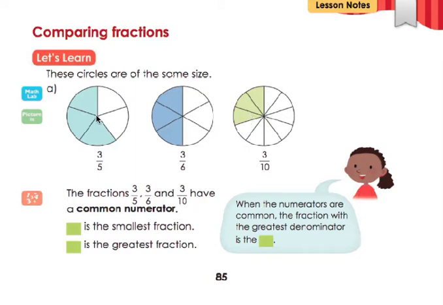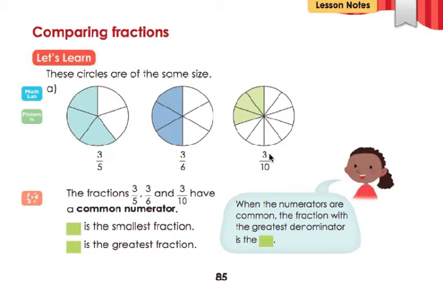Now, again, all these 3 circles, these 3 wholes, are the same size. But the way they divide them, the denominator is different. That means this one we cut it in 5 parts, this one we cut it in 6 parts, this one we cut it in 10 parts. So, when that denominator is different, and if we want to compare these 3 fractions, and the denominator is different, but the numerator is the same,